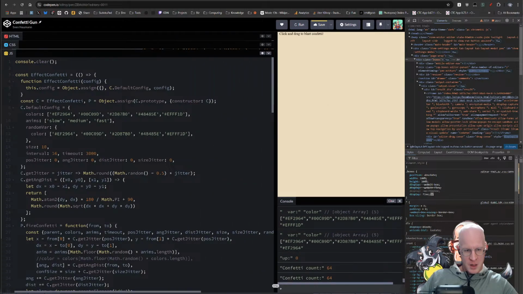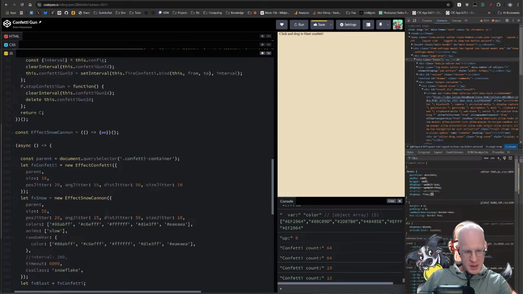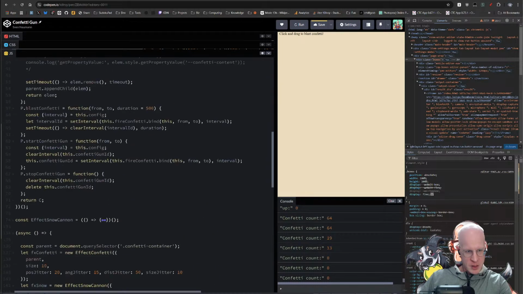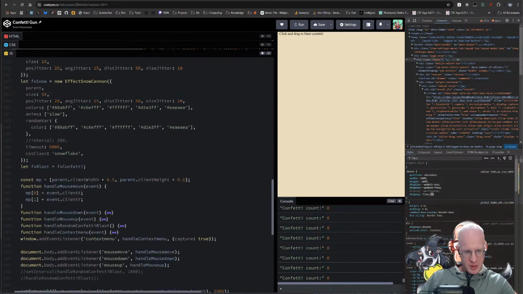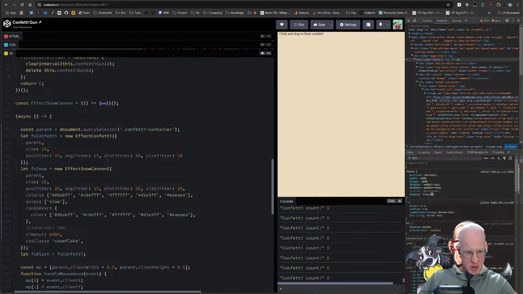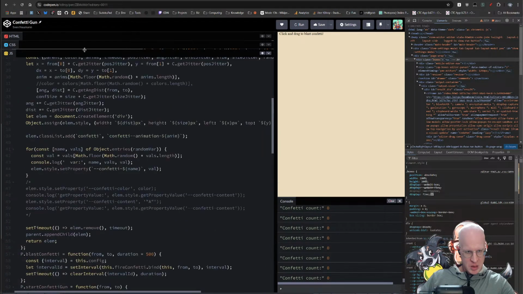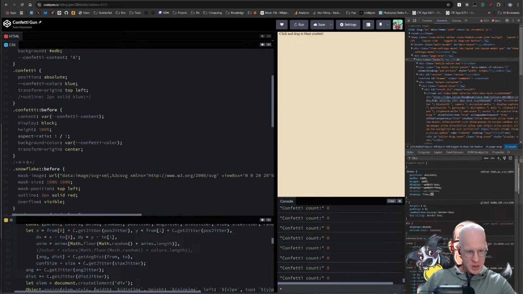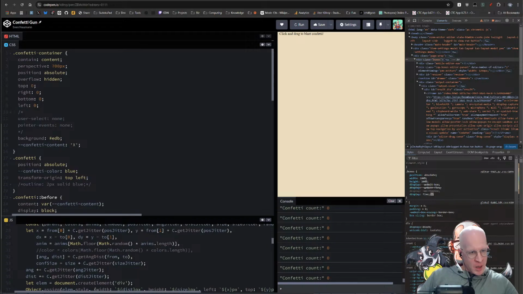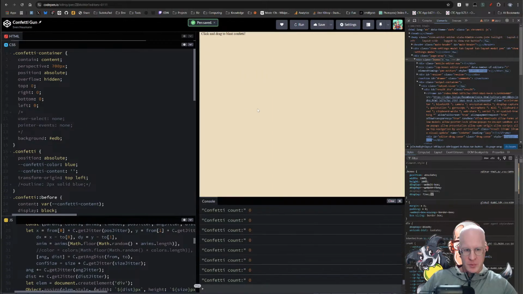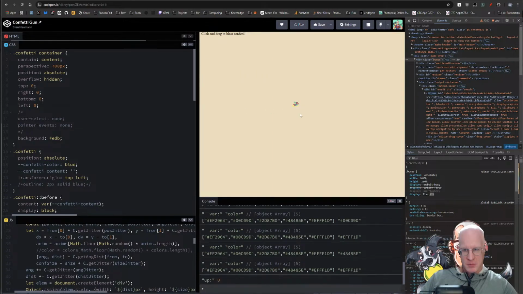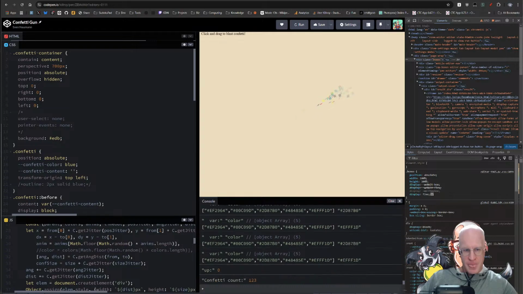Okay. Now, the random var color, we don't need that anymore. And then here, we don't want to change the content anymore. But we want to set the default color here, and then content should just be empty. Right? Right. And now,